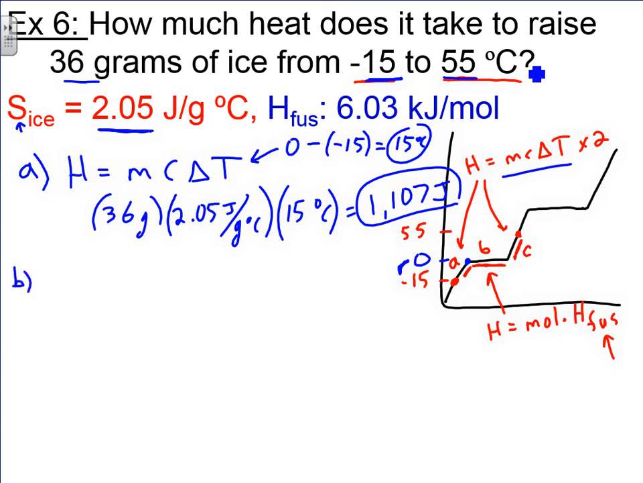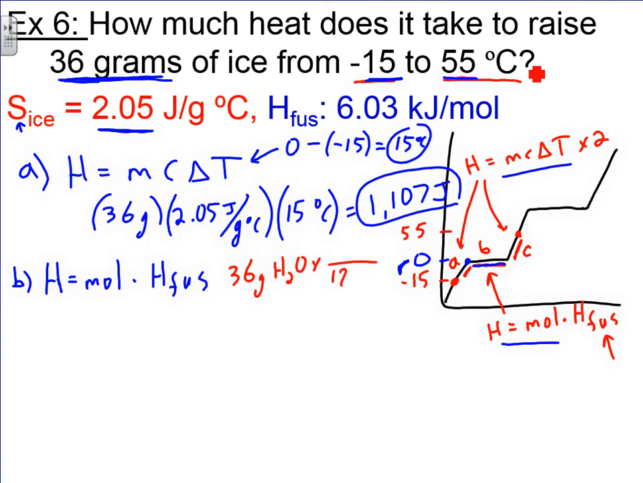We're on part B now, and we're going to use the equation that says moles times heat of fusion. So our heat here will be moles times heat of fusion. Now to get moles, we're given grams, so we have to convert from grams to moles. Always a fun little problem to do. And that's easy enough, right? 36 grams. We have water. Ice is still water. So we're actually going to do 18.02 grams in 1 mole,